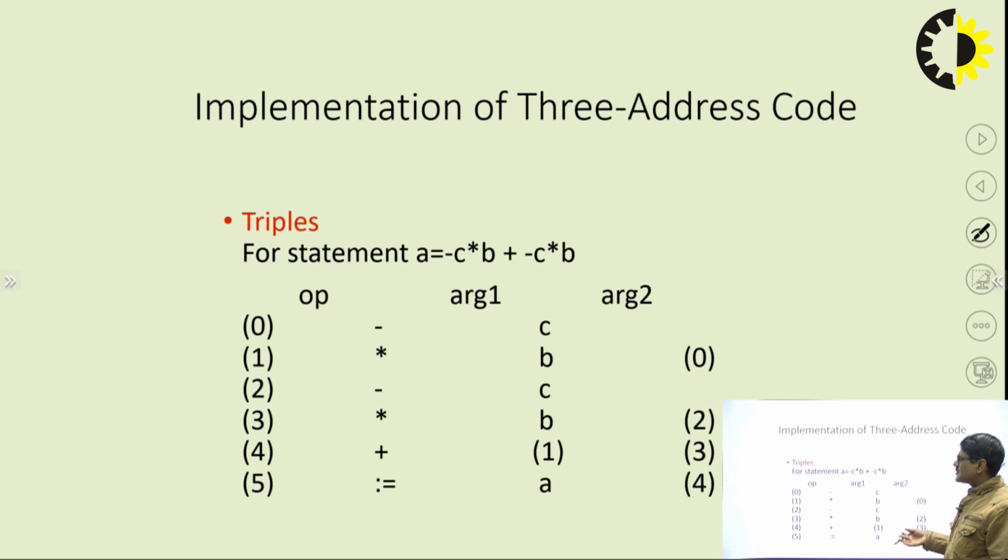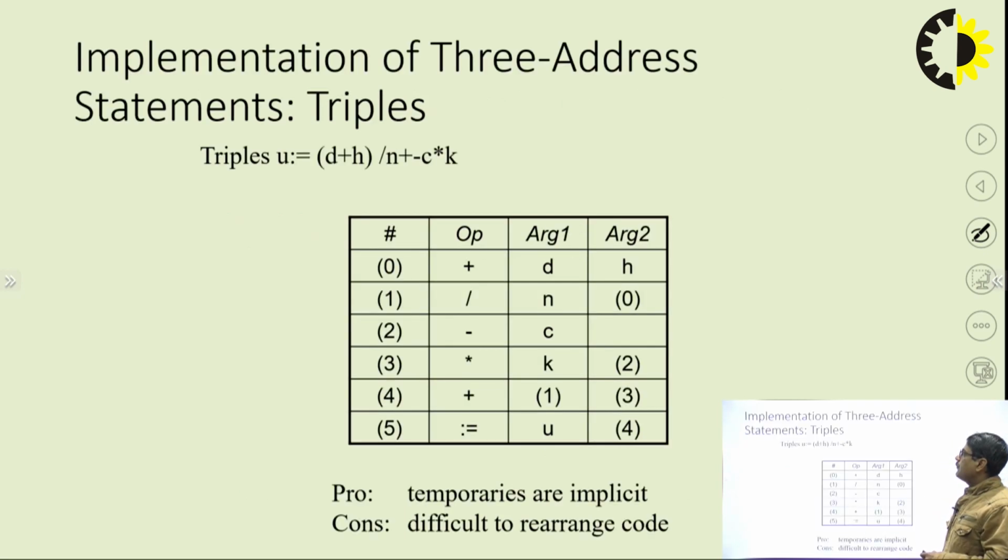So we are using triples and quadruples according to the requirement. If temporary variables are required, if in-between values are required to update or access, then we are using quadruples. Otherwise, if it is not needed, triples are preferred. This is another example for that particular value. So we have to convert it into 3 address code, then we have to convert it into